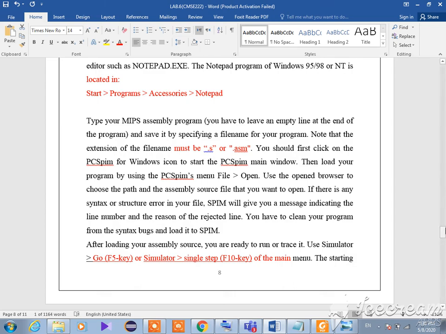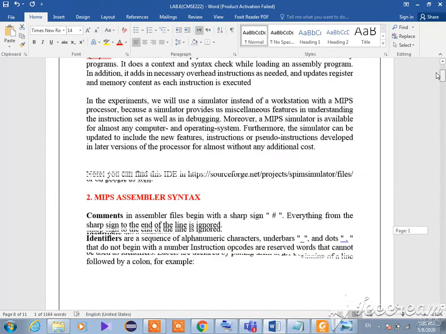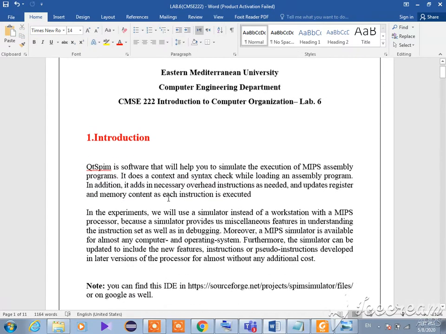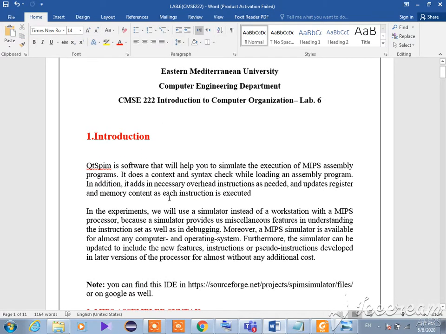Hello everyone, this is lab session number 6 for Introduction to Computer Organization, CMC 222. Actually, lab number 6, number 7 and number 8, the last one, are with the QtSPIM software. With this software, if you check the web page and also